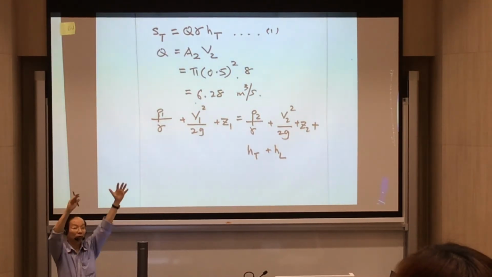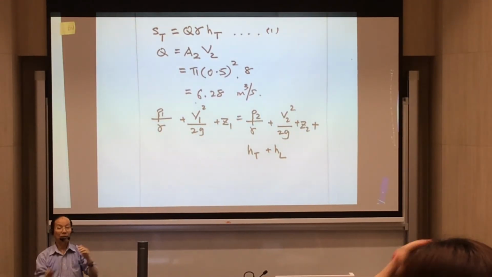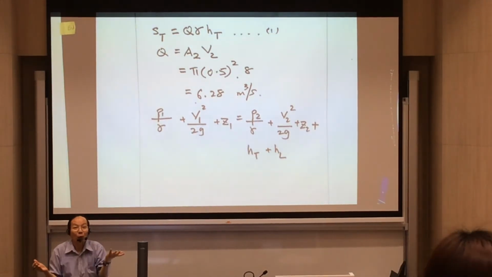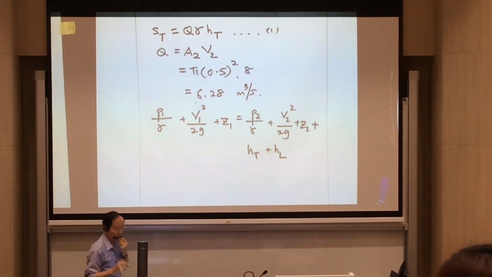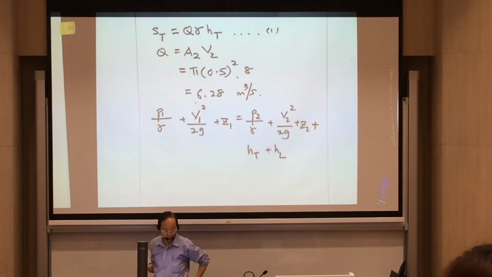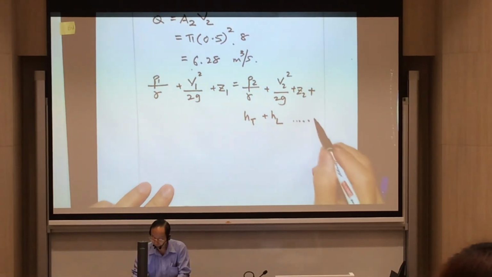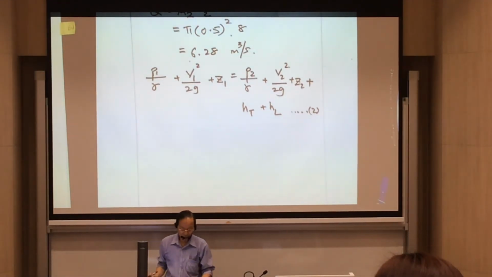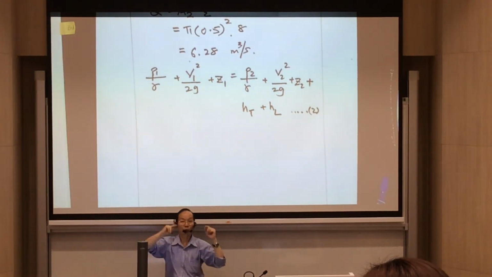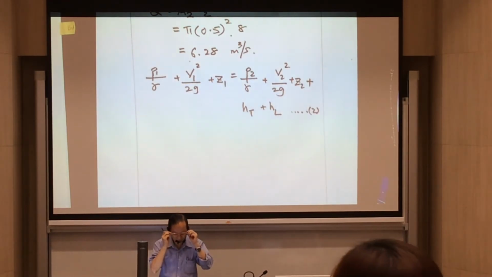In practice, water is flowing in the dam, and water flowing through a turbine generates electrical power. It's a real situation. How can you assume frictionless flow? In practice, HL is there. Don't forget, very important. Now, here we call it equation 2. So what can we say in this equation 2? Can we start to cancel some terms?